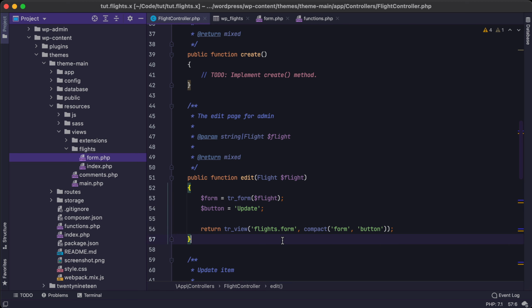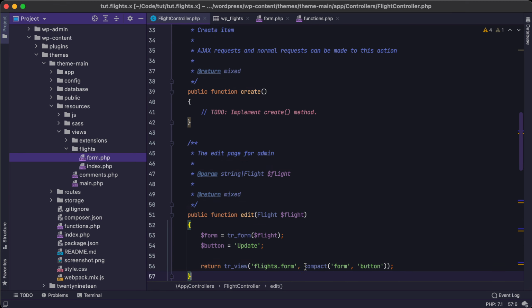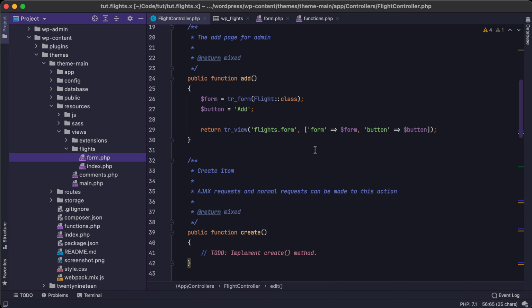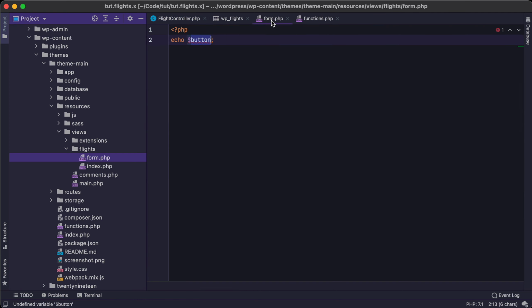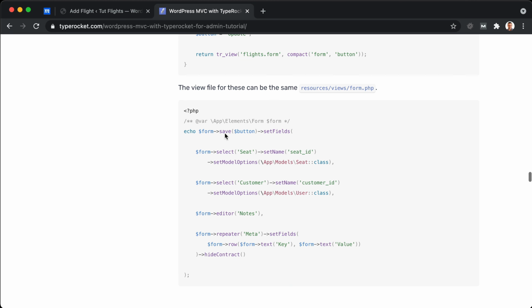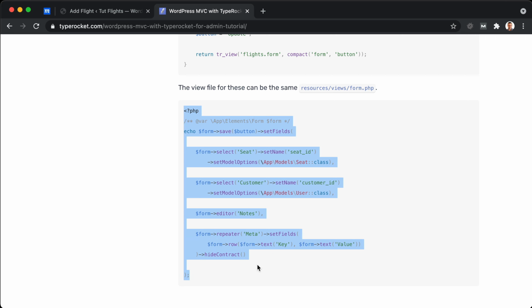Okay, so with that in place, we'll also want to do that here. And the reason for this is if you change the name of a variable, you want it to throw some sort of error so that you can update your page here to respond to that change. So it's just a good way of throwing errors in your face early so you can catch bugs before they become a real problem. So we'll jump back here, and then we're just going to copy our form over, and that's going to be for our database table